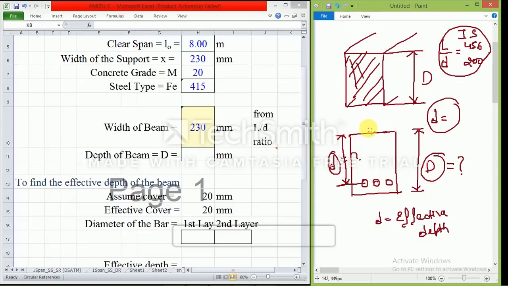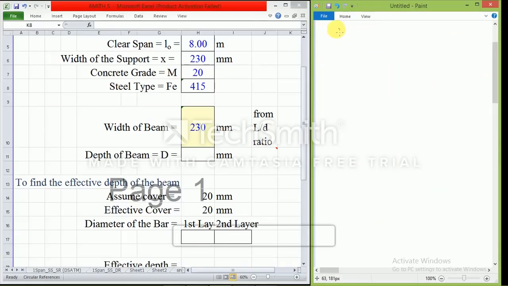I'll give you a suggestion. While learning this, open this video in your mobile and keep the laptop in front of you. Just see the video, and automatically while seeing the video, enter the values in your laptop so that you can learn very smartly. It's just a suggestion, you do however you are comfortable.